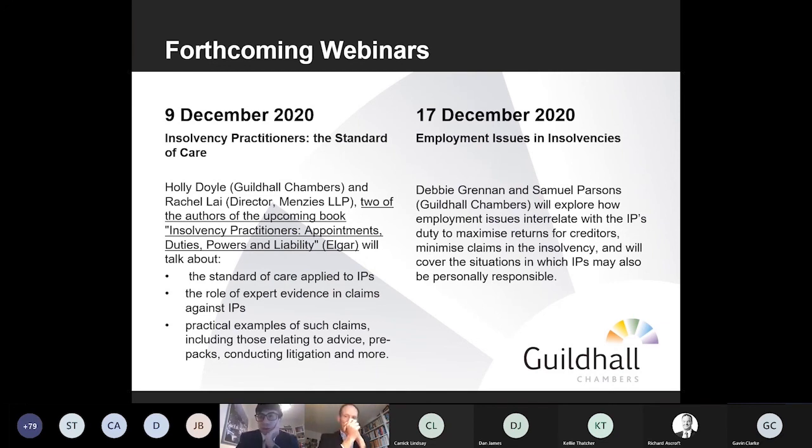Firstly, he's asked, what's the normal approach to costs in 127? He says he had a recipient threaten personal costs against him if, as liquidator, he put in evidence opposing their retrospective application. And he says, it seems to me a company ought never be visited with costs of a 127, let alone the liquidator, as there could be many applications in a single insolvency.